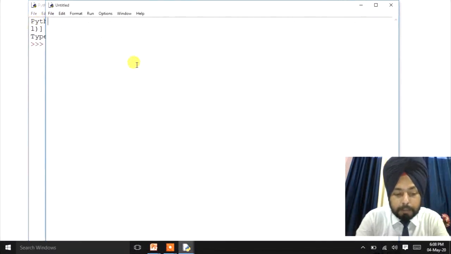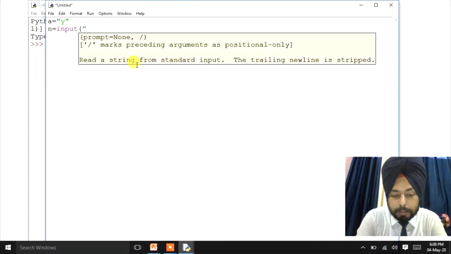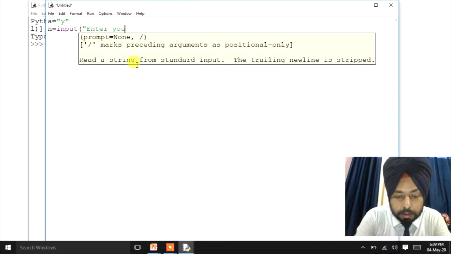Here we'll type the program. For example, a equals to y, right? Then n equals to input. Then here we'll type a message: enter your file name. Clear?